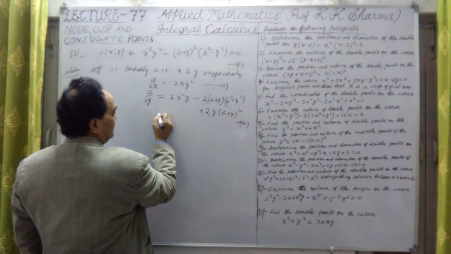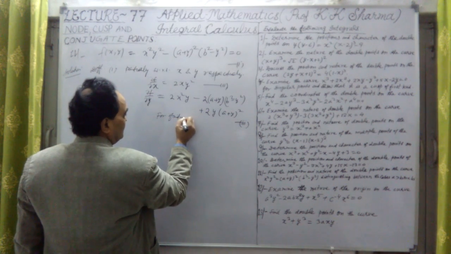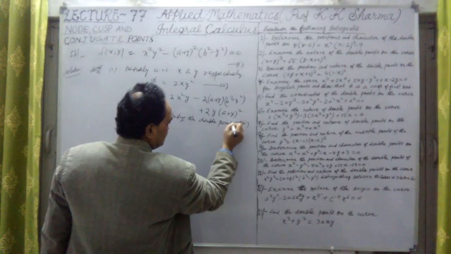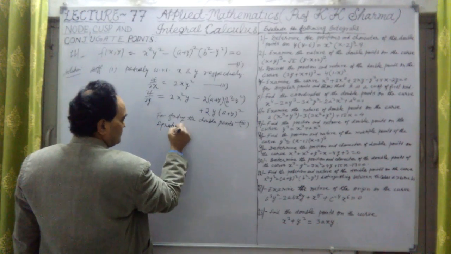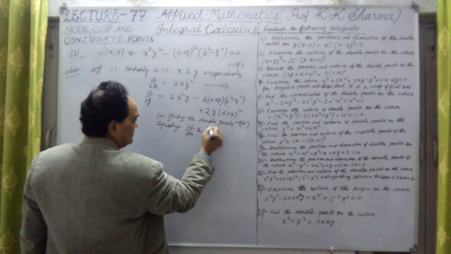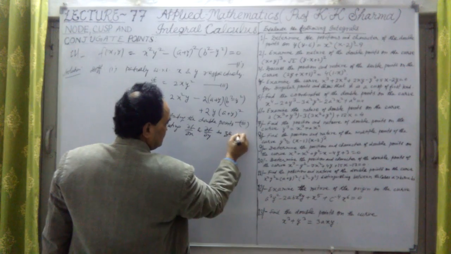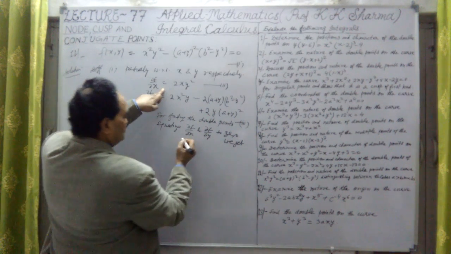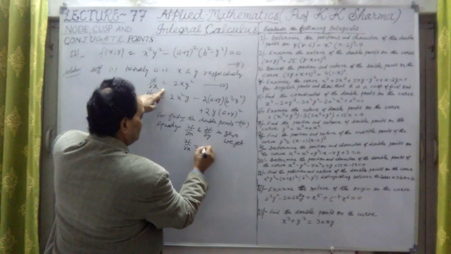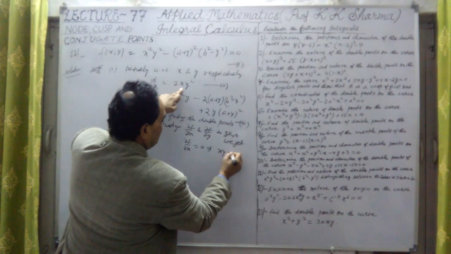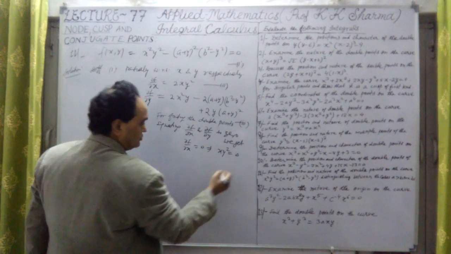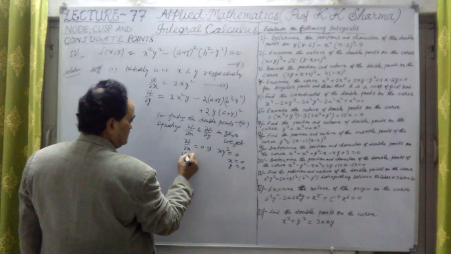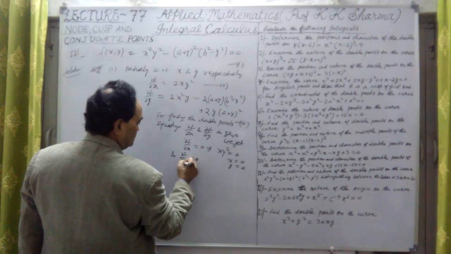Now for finding the double points, equating del f by del x and del f by del y to 0. So what do we get here? We get del f by del x is 0. So del f by del x equal to 0 implies that x y square equal to 0. So from this we get x equal to 0, y equal to 0. This is the point here. And del f by del y equal to 0 implies that